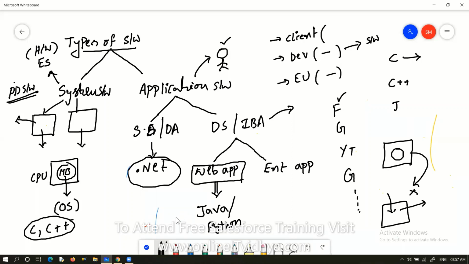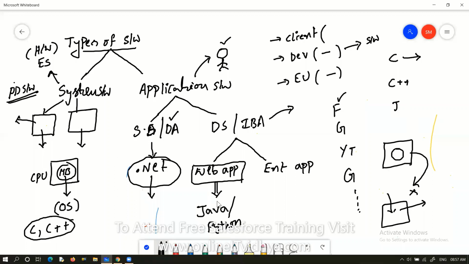Actually, .NET we can also use, but it's not much familiar for web application development. .NET is very famous for desktop applications. If there are 100 desktop applications, then 85 to 90 of them are developed using .NET itself. And if there are 100 web applications, then nearly 80 of them are developed using Java itself.